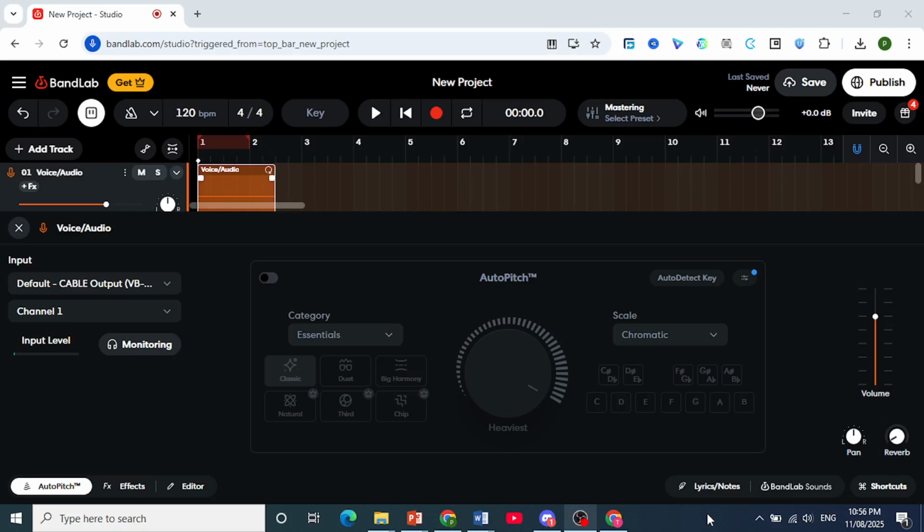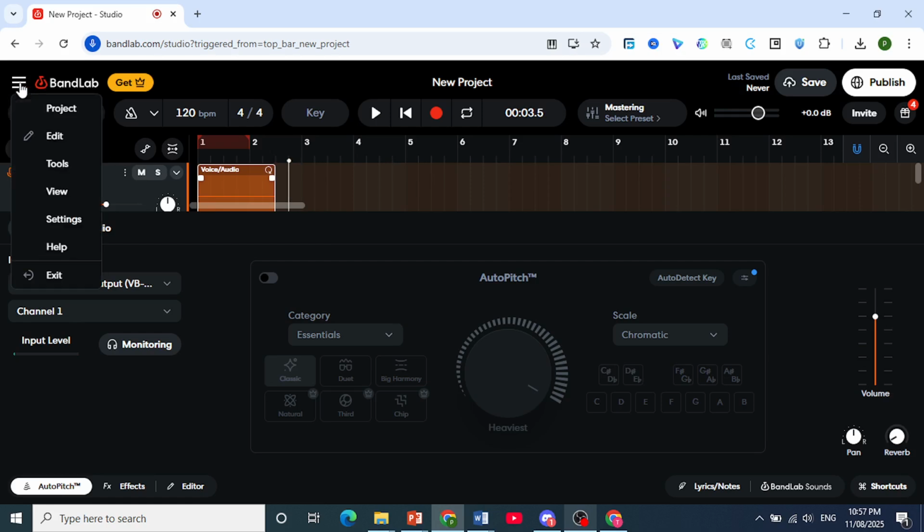Hey guys, in this video I'll show you how to fix audio delay on BandLab, especially when you're recording and it's not properly synced. So what you first want to do is come here to the top left, click on these three horizontal lines,